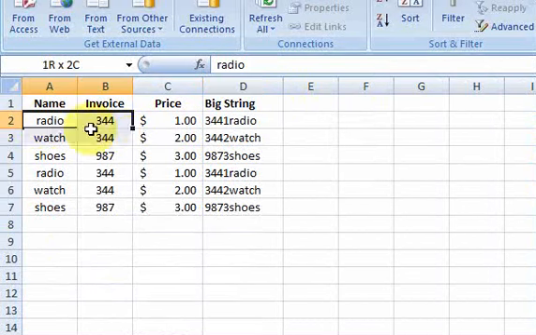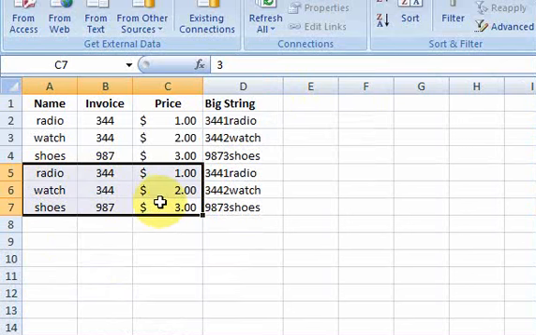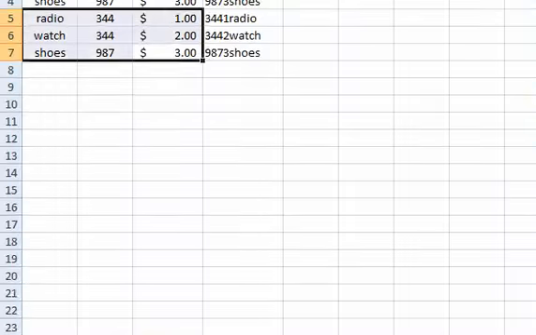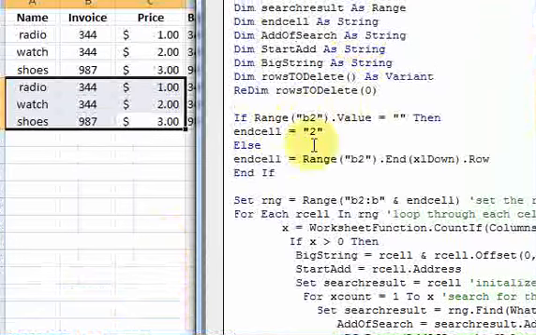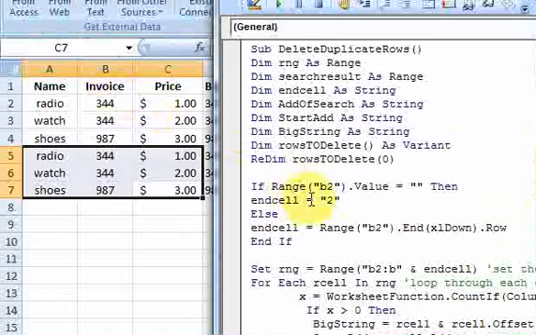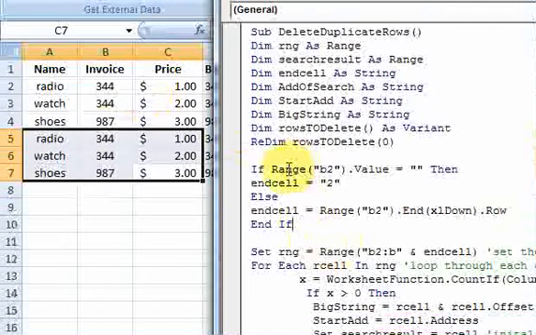So we have 6 entries, and the bottom 3 are duplicates of the top 3. So let's look at the code now. Okay, so first thing we want to do is declare that dynamic range, and that's done here using this if